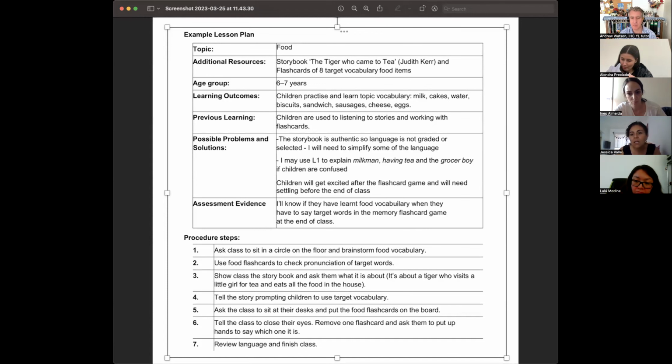Sounds like it could work, right? Seems appropriate, not too difficult for the age group. Yeah. And it's all about learning food vocabulary. Good, but I thought your ideas were just as good. Now,